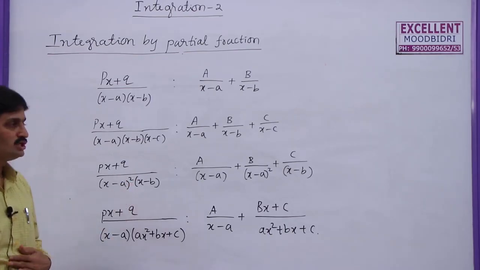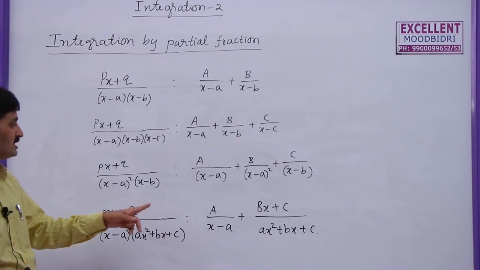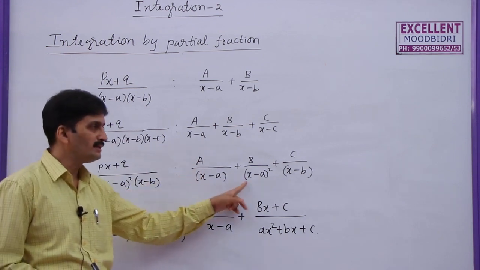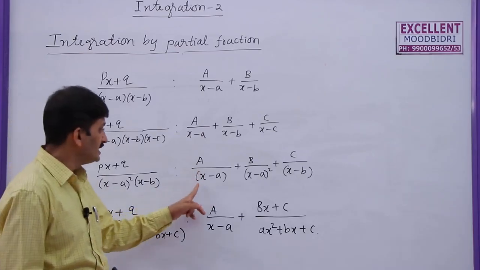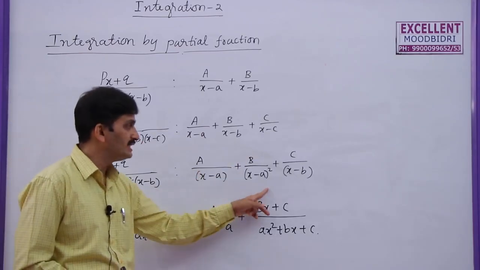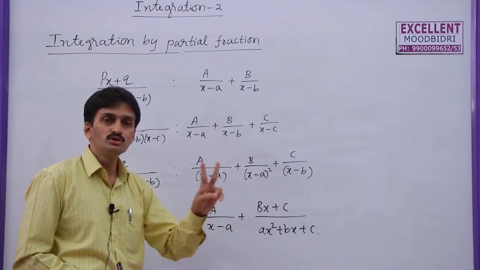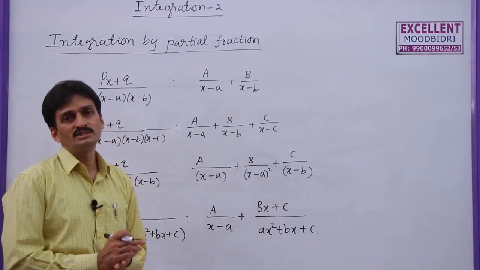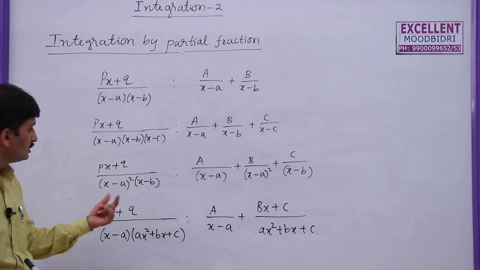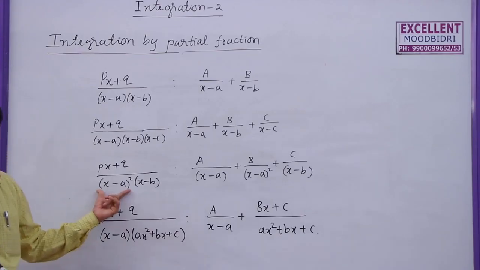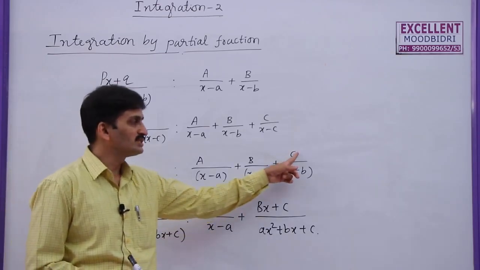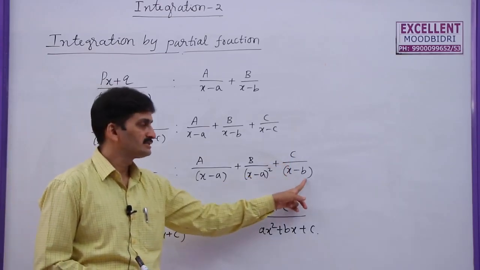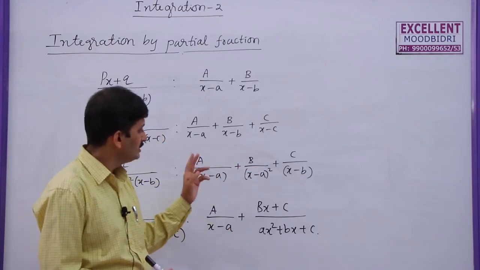In such a situation, you should assume partial fraction of this type, A by x minus a plus B by x minus a whole square. You should assume 2 partial fractions corresponding to x minus a whole square. And for x minus b, assume partial fraction of this type, C by x minus b,